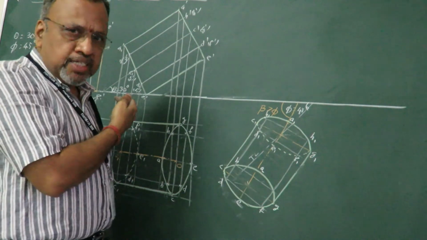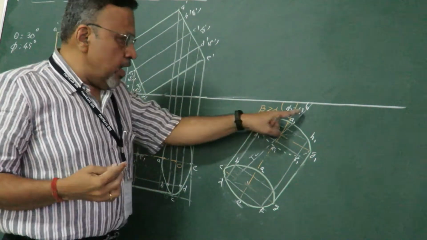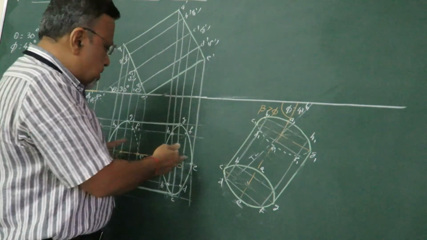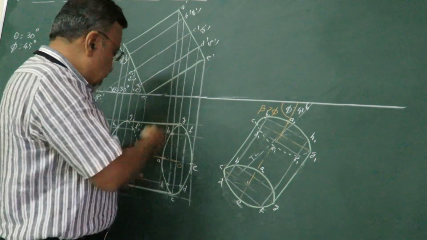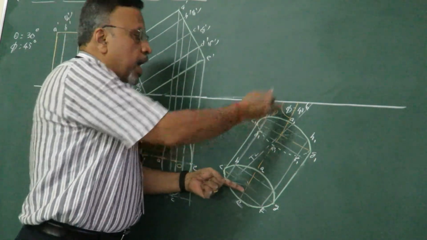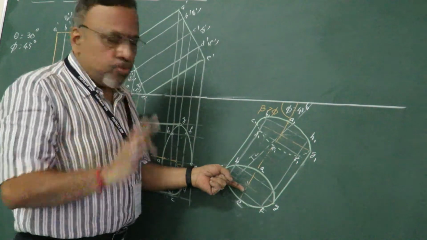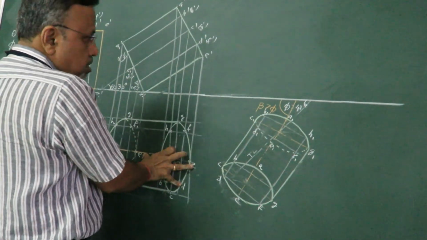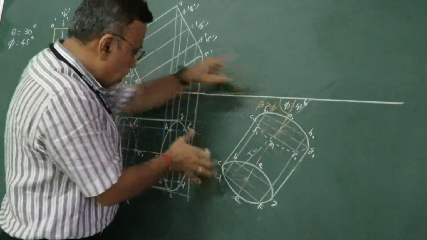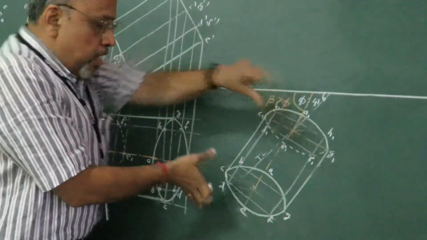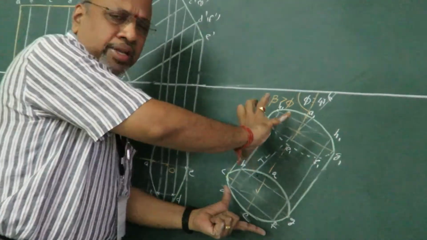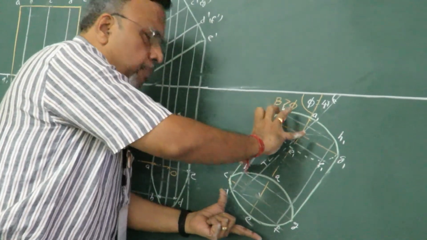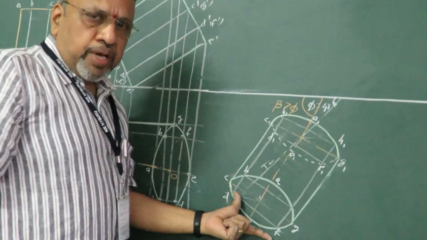But in this problem, as I told you, I have given the true angle. Since I have given the true angle, and I am redrawing the second stage, in the second stage already the axis is inclined and we need to find the apparent angle. Okay, once we found the apparent angle, I am just redrawing this figure like this. I have just rotated in this way. I would have rotated in this way also. You can rotate in any fashion; depending upon that, your final front view will be coming.